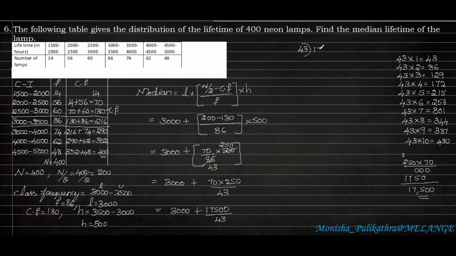So from 43 we have to divide 17,500. Okay. So 175, the number which is less than or equal to, here 172 is there, that is 43 fours are 172. So when we subtract it, we will get 3 here. So I will be taking 1 0, whereas 30 is not divisible by 43. So I want to take one more 0.